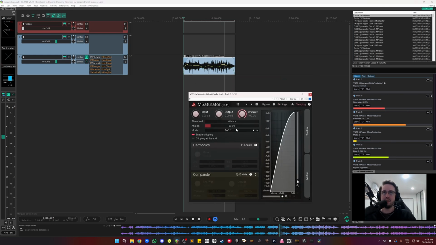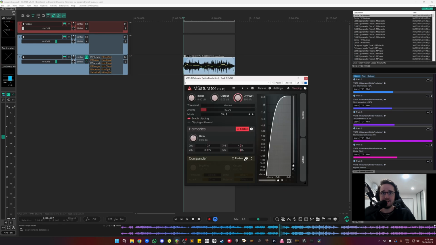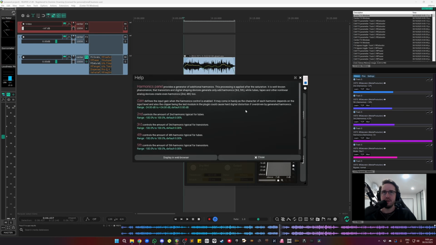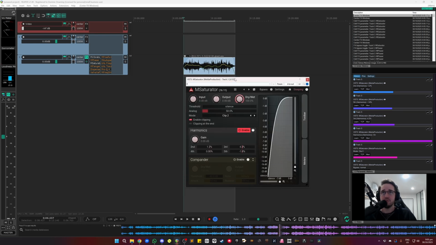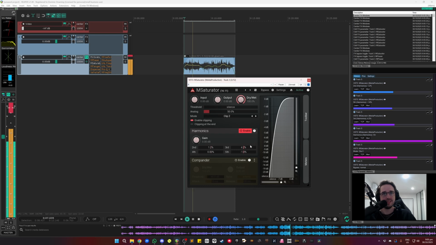I love it. But for lightning, if we turn the mode up to one of these clip ones and turn the harmonics on, you adjust the percentages of these different harmonic thingies. I don't know. I don't read what they do, I just listen to it and that sounds cool. I can't give you much technical advice on how these plugins work, but I can show you how damn cool they are. I can't talk because I'm unwell. So yeah, listen to this. Turn the output down, it can get pretty crazy.